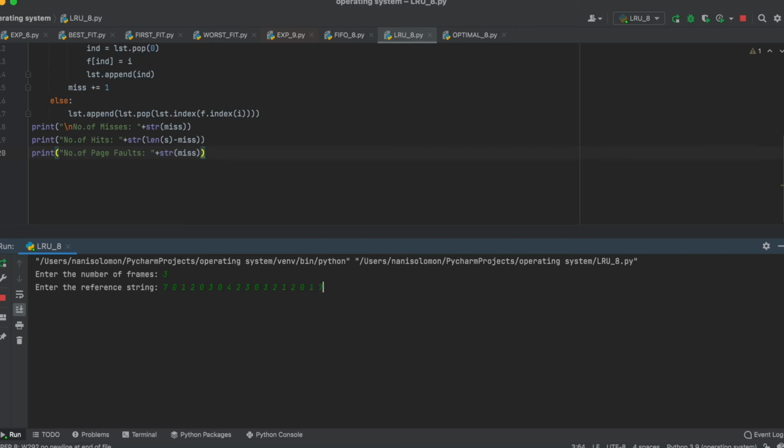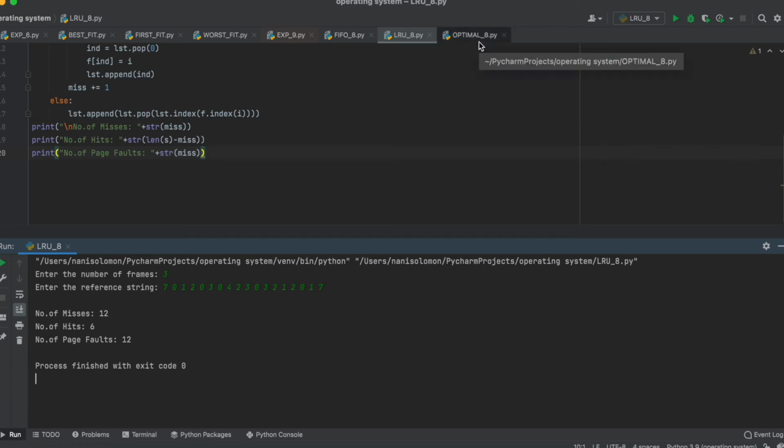So you can see here 12 is missing, the number of hits is 6, and the number of page faults is 12. And now let's go to the optimal.